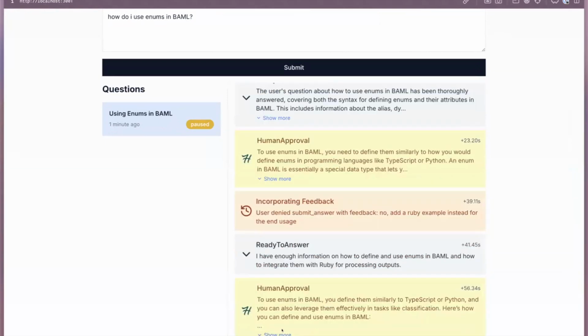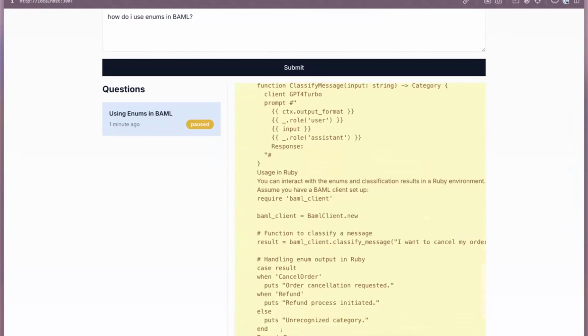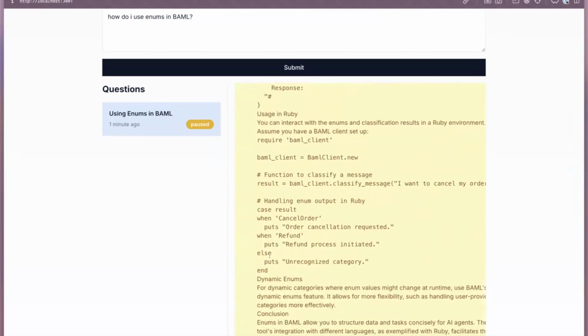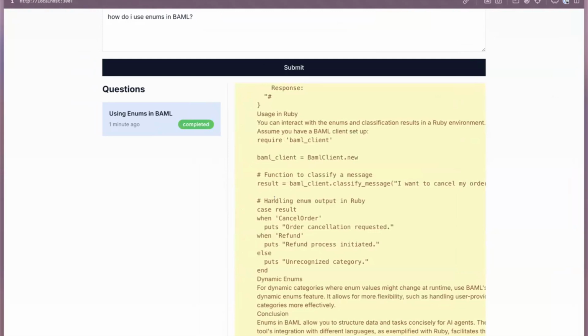It's going to say, here's the answer. And one thing you'll notice here is it did the whole thing as before. But this time, it literally gave the exact Ruby code that someone needs to use BAML in the Ruby client. And all I say is, good to go, and then I'll just ping them on Discord with that exact text message. So what the heck is BAML?